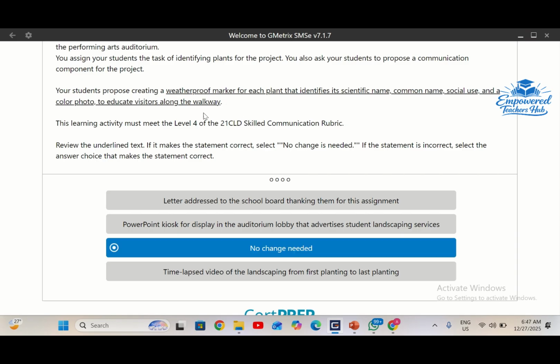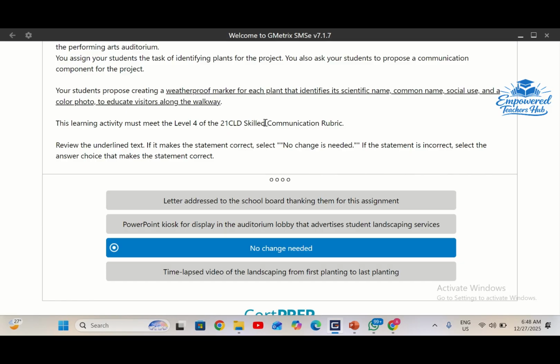This is perfect. A weatherproof marker for each plant that identifies its scientific name, common name, social use, and a color photo to educate visitors along the walkway. So this already meets the level 4 of the 21 CLD skill communication rubric. Okay, so that requires students to